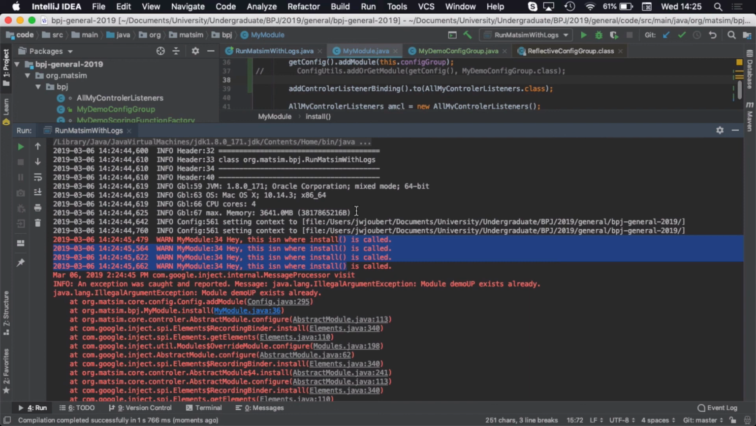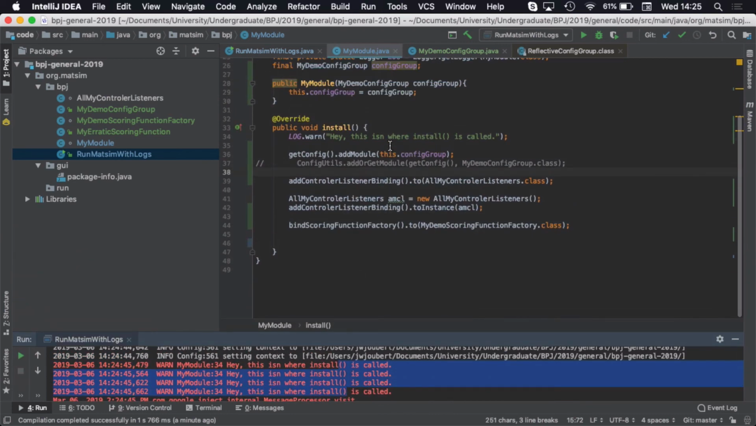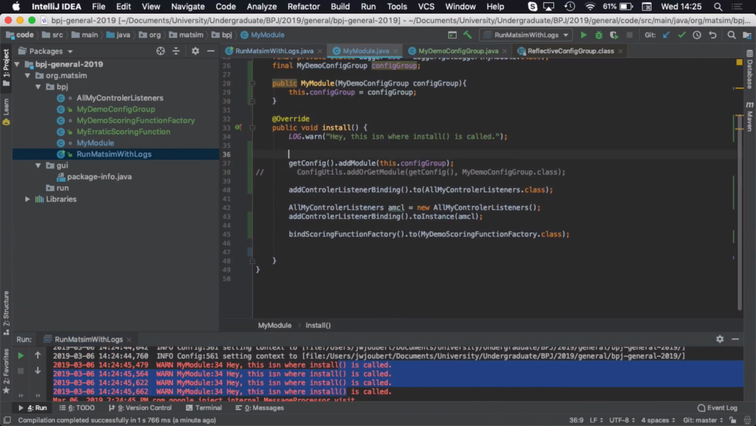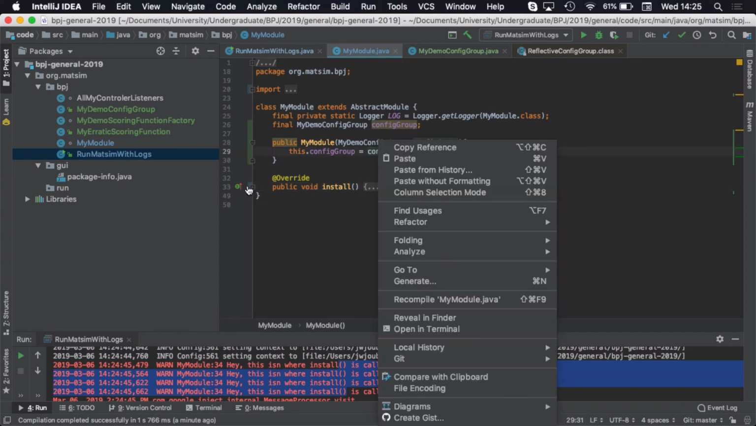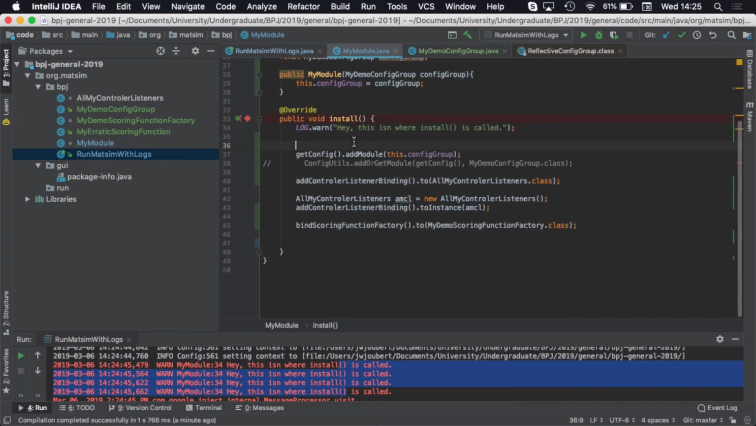Now, I cannot tell you why MATSim calls install 4 times on a module. That I don't know. But what I have done is to actually do a check here. In some classes, I've actually done this kind of differently. I do a check first and I say if